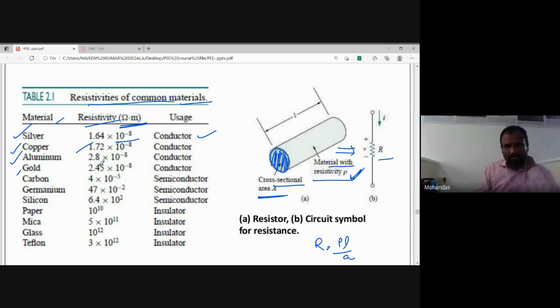Copper, the specific resistivity is this much. It is used as a conductor. Aluminum is used as a conductor, gold is used as a conductor. Due to the high cost, we are not using gold as a conductor, only copper or aluminum. Now carbon, germanium, silicon, these are common semiconductors. Paper, mica, glass, and Teflon, these are common insulators. Because of the resistance, if you observe the resistance of the insulator,